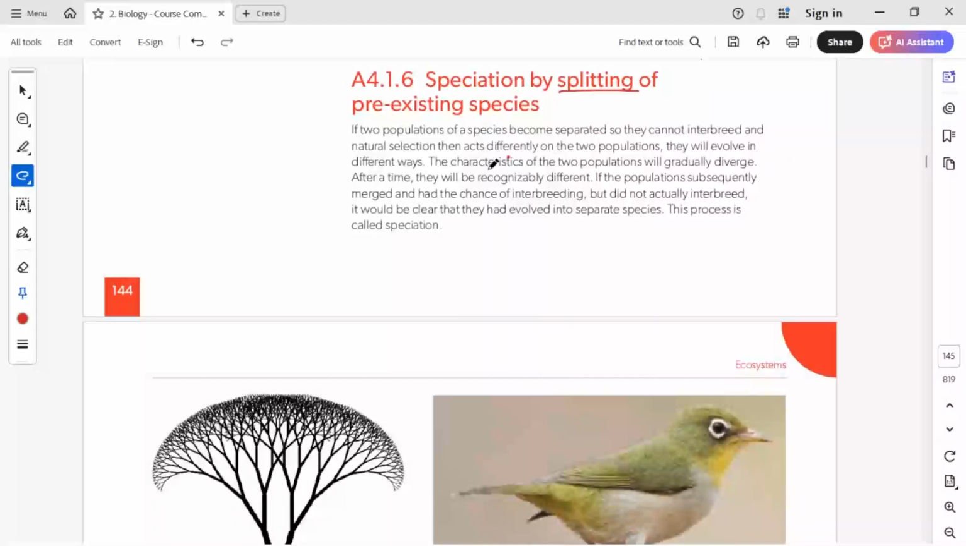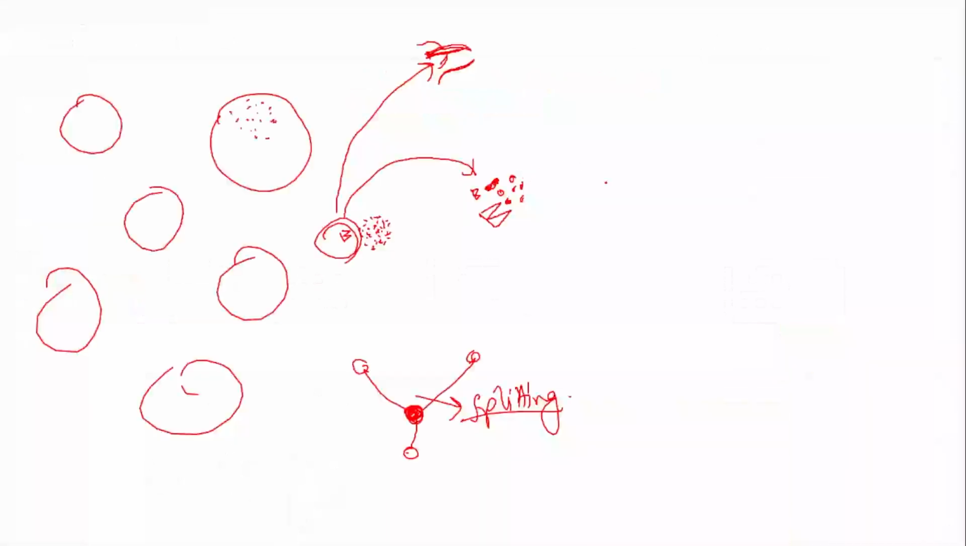They will evolve in different ways. So there can be another way in which the evolutionary process will take place. So the first thing is this, in which the habits are changing. Now suppose, for example, this is a population living in a particular ecosystem, and a certain group of organisms from this population,